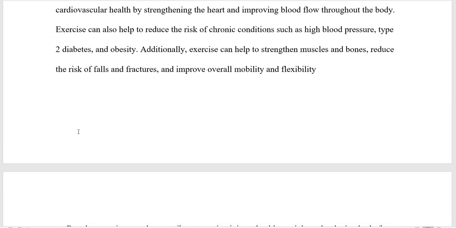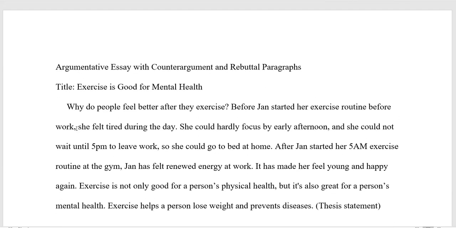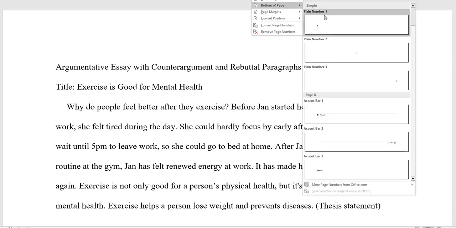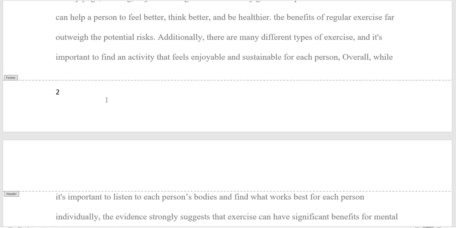So now we have pretty much correct APA, unless you count, let's see, insert. This doesn't come up on your recording, unfortunately, so I'll just tell you: insert page number, top of page. You want the top of the page. So anyway,